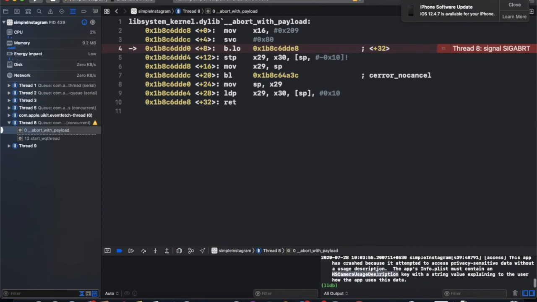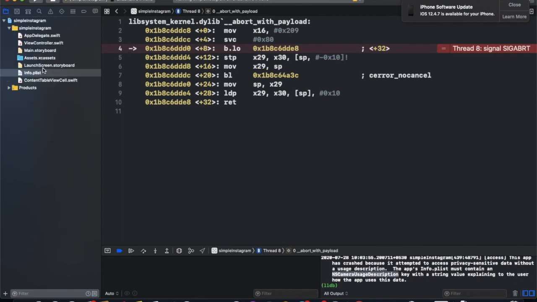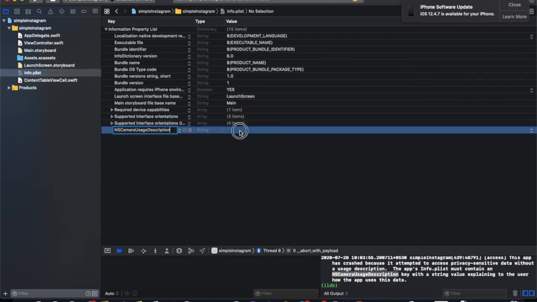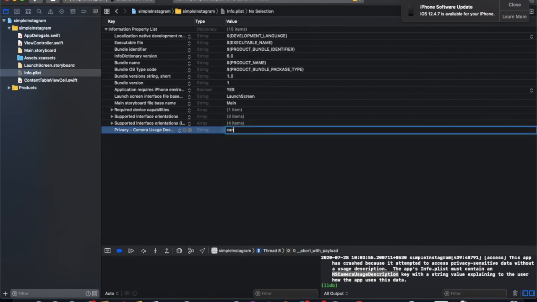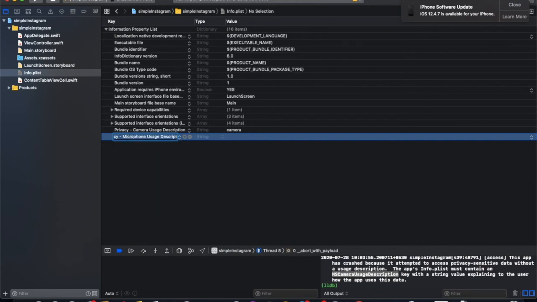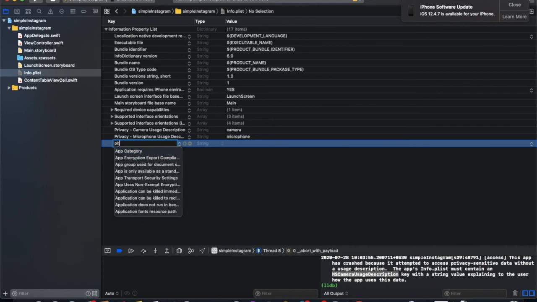Now we need to add this key name for plist for permissions of user. This is for camera. Also for photo library, same for photo library. For video we also need a microphone. So firstly for photo library and microphone usage. Photo library.